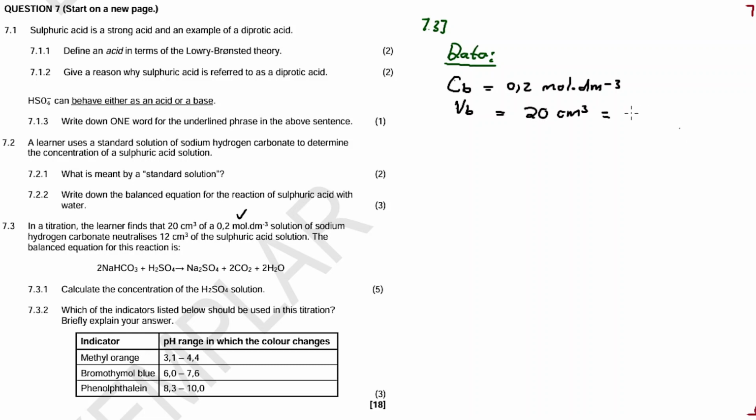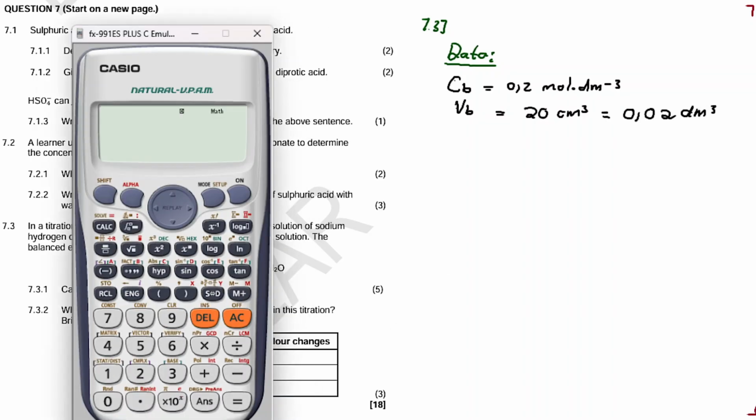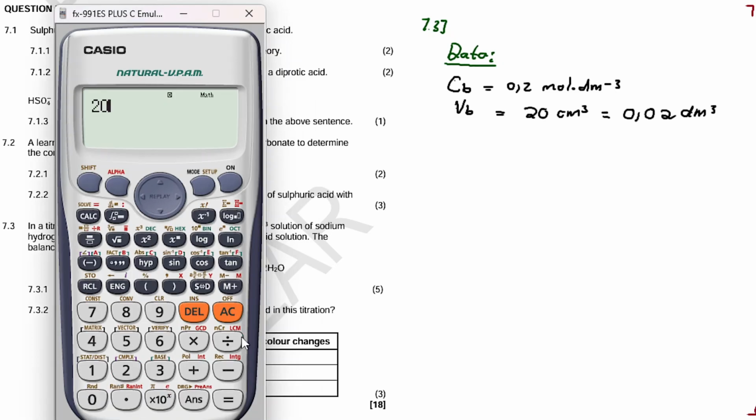So 0.02 cubic decimeters. Let's see, 20 divided by 1000,